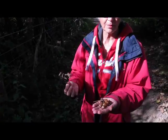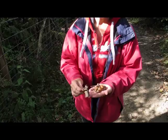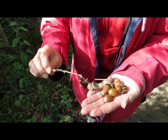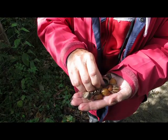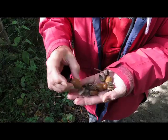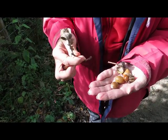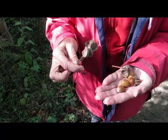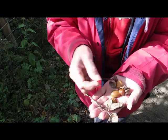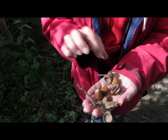But I've picked these up from the ground, and that's the little cases that the acorn sits in, like that. I always used to pick these with the children when they were little and tell them they were fairy drinking cups, and of course children love that. There's the acorns there,